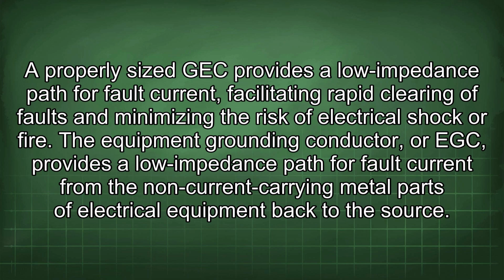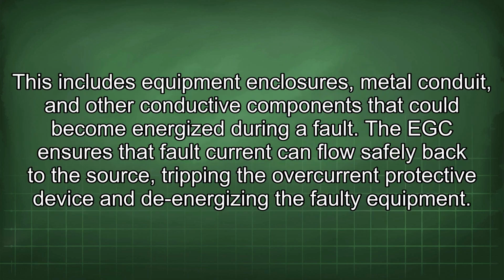The equipment grounding conductor, or EGC, provides a low impedance path for fault current from the non-current carrying metal parts of electrical equipment back to the source. This includes equipment enclosures, metal conduit, and other conductive components that could become energized during a fault. The EGC ensures that fault current can flow safely back to the source, tripping the overcurrent protective device and de-energizing